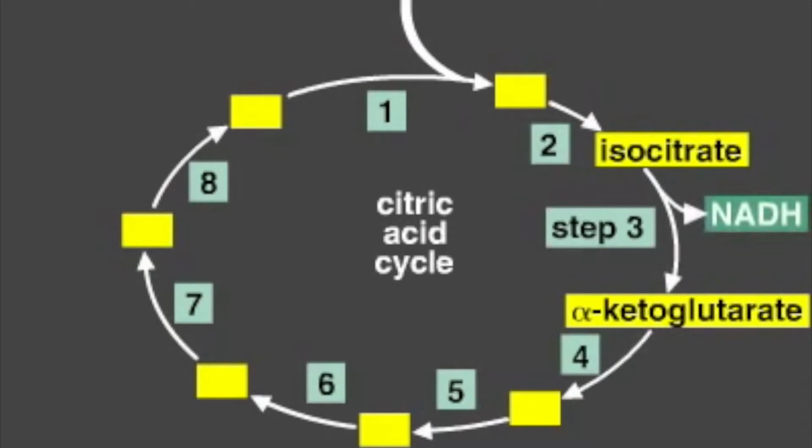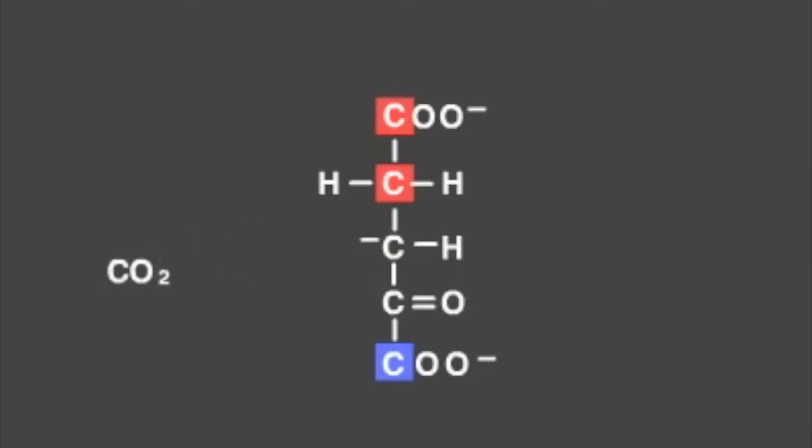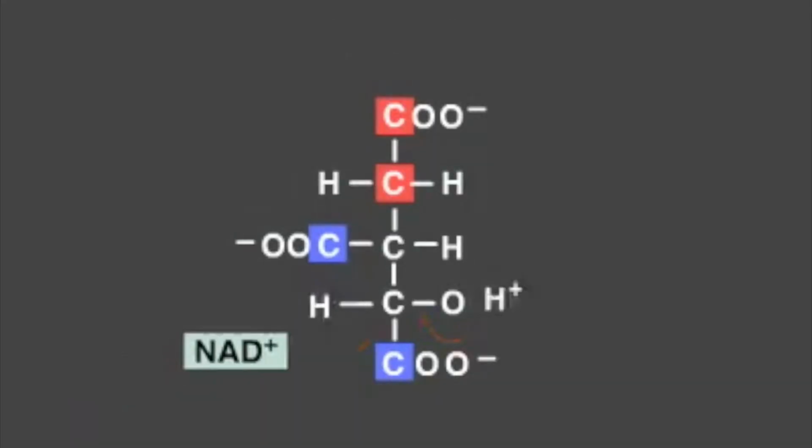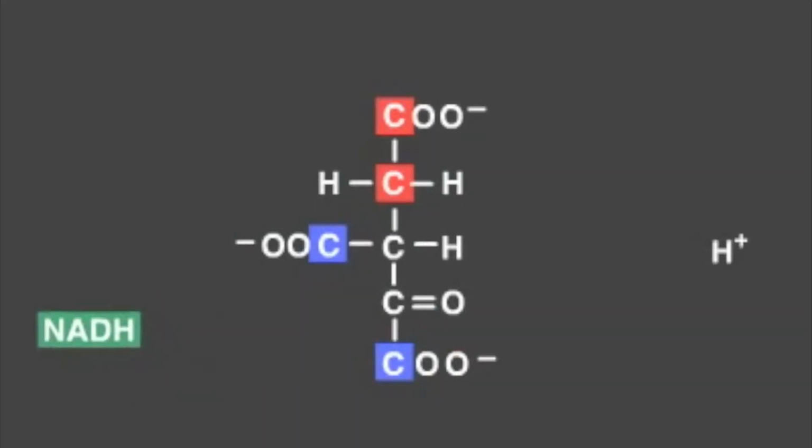Step 3. Free energy is what we need. Isocitrates oxidize, releasing carbon dioxide, leaving behind 2 electrons that reduce NAD+ to NADH that will go on for decades, creating alpha-ketoglutarate. Some might say dehydrogenase associated to be made.